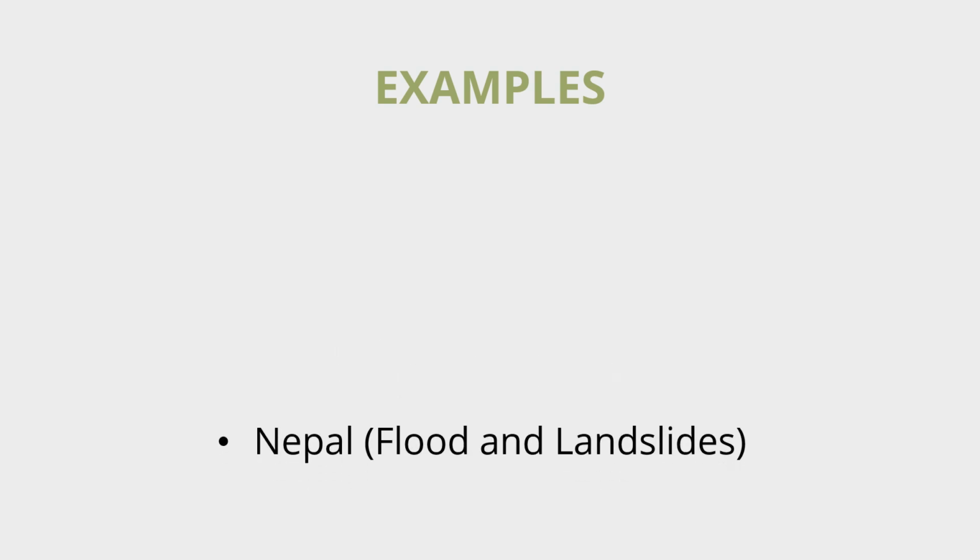Nepal, floods and landslides. Severe floods and landslides in Nepal since late September 2024 have killed 250 people, injured 178, and left 18 missing. Nearly 1,500 homes were destroyed, affecting over 1,000 families. Damage estimates include NPR 4.35 billion to energy, NPR 2.5 billion to transport, and NPR 6 billion to agriculture.